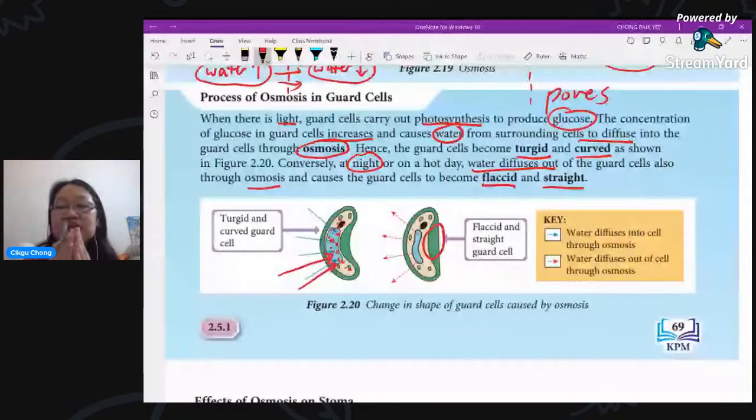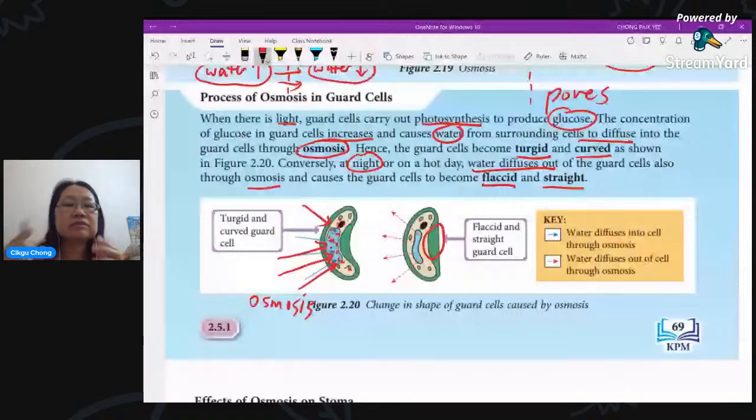Okay, so you can see the difference here. Water will move in during the daytime through osmosis because of the process of photosynthesis, because of the light. The cell makes food, so inside there is a lot of sugar. A lot of sugar means there'll be less water, so outside water will move in. At night, opposite, the sugar will be used up. It's not making new sugar anymore. So there'll be less sugar, which means compared with the sugar, water is a lot more. So water will move out at night.